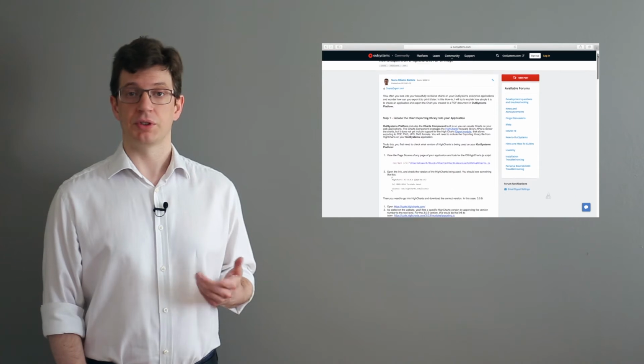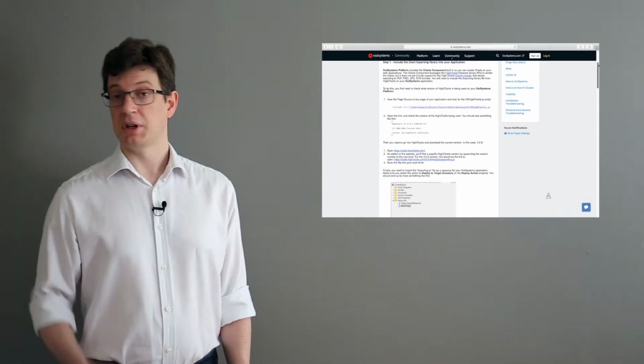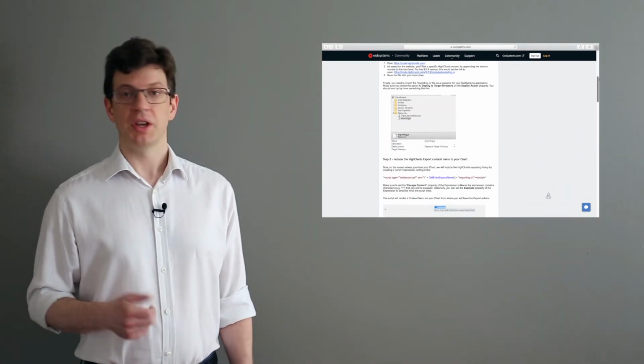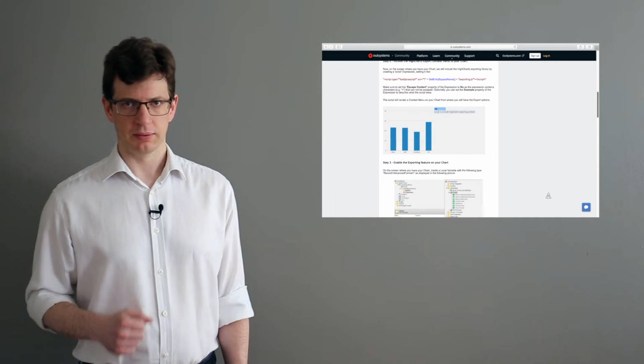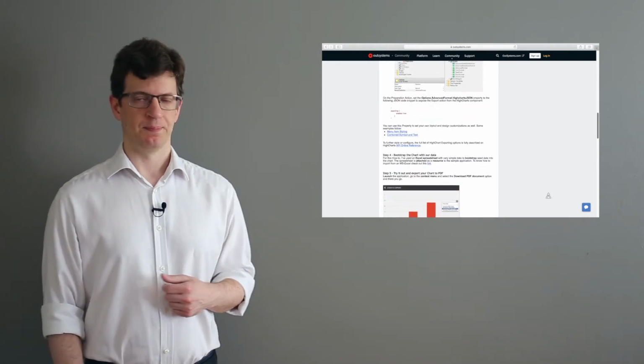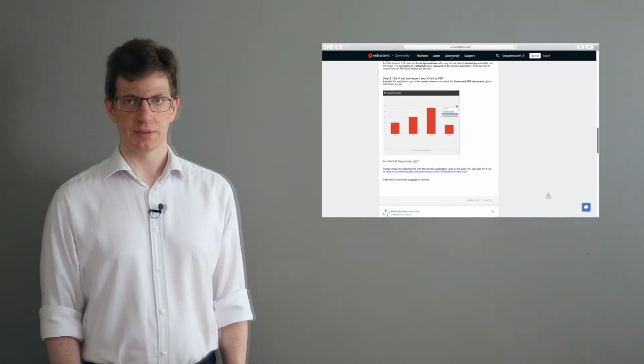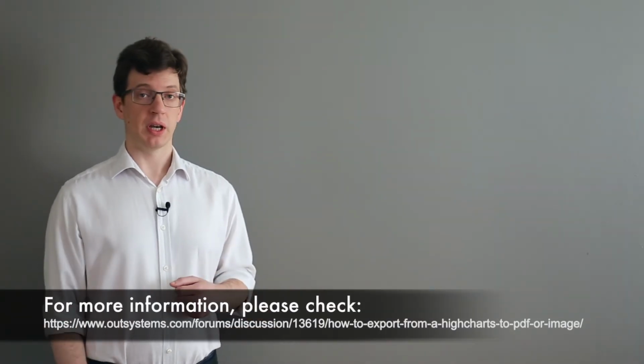After these latest news, let's jump over to the Hints and How-To segment. Next, we'll talk about an interesting article that explains how we can export our high charts to a PDF or image. It is common to have complex rendered charts in our OutSystems applications, but imagine that we would like to make that chart available in a printable report for the user. This is where this how-to comes in. It provides us with step-by-step instructions explaining how to create an OutSystems application with a chart and export it to a PDF document. You can reach the mentioned guide by navigating to this page.